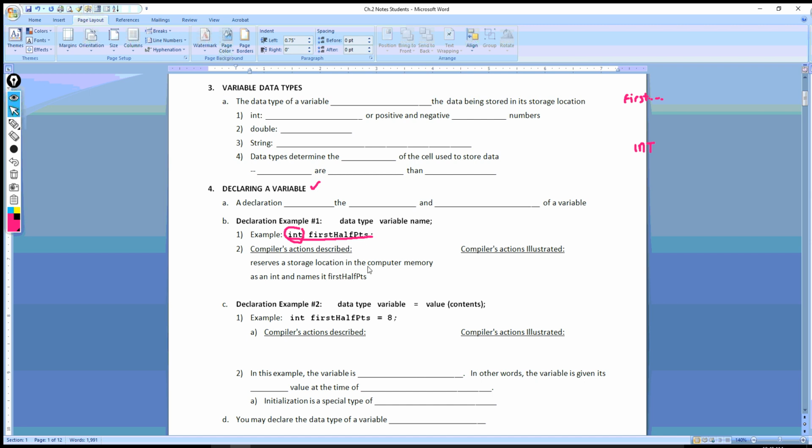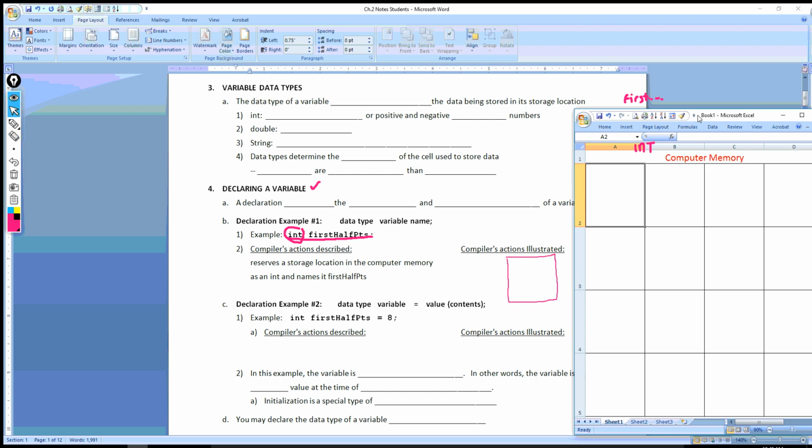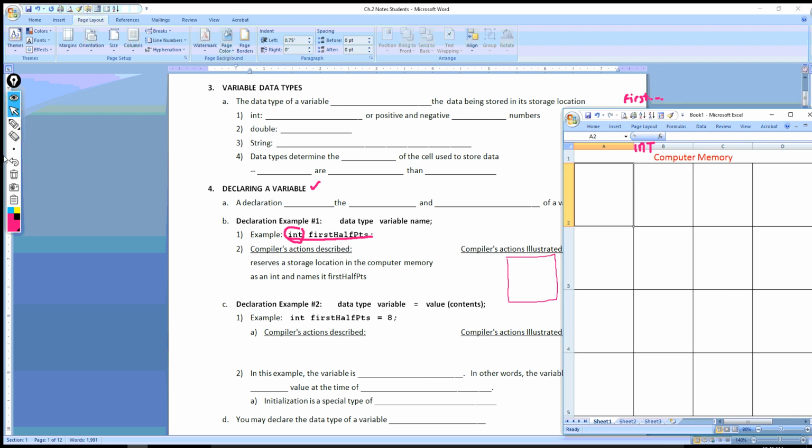It reserves a storage location in the computer memory as an int and names it first half points. And so what I need you to do is, where it's being illustrated, make a rectangle here. And what we're doing here is we're taking